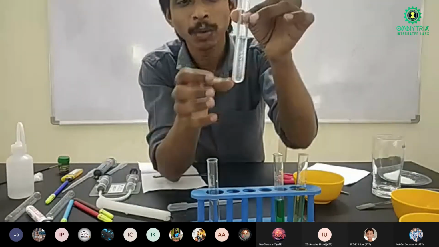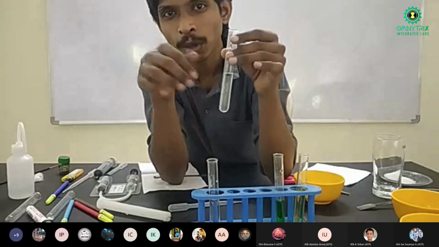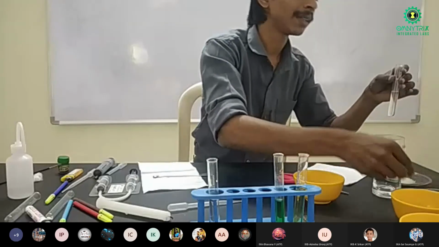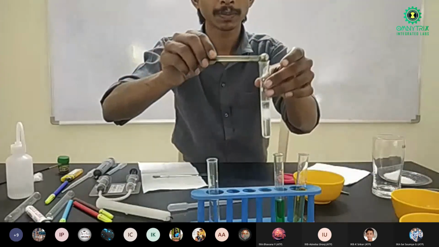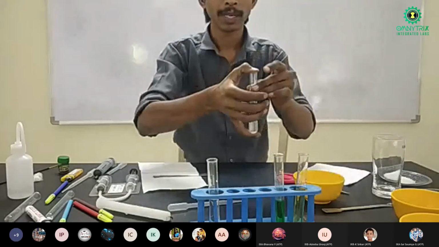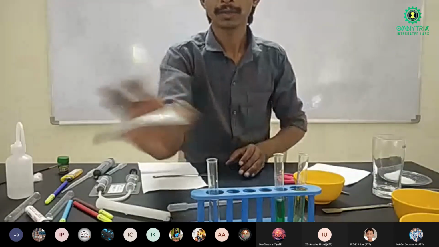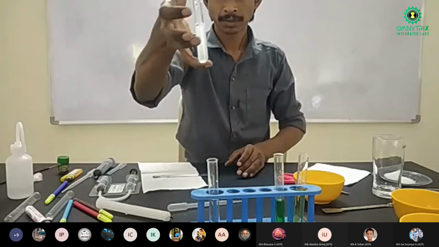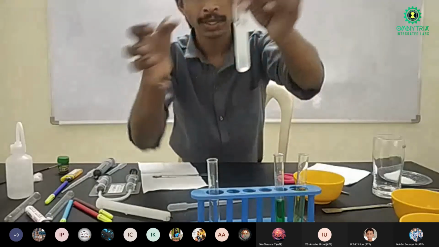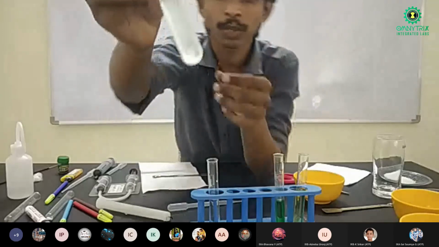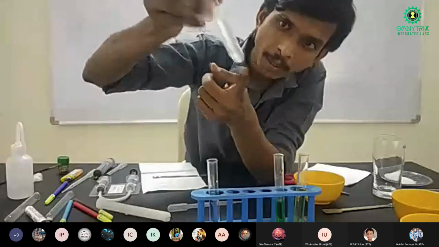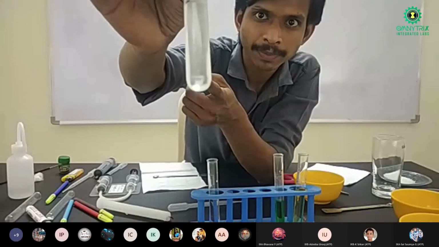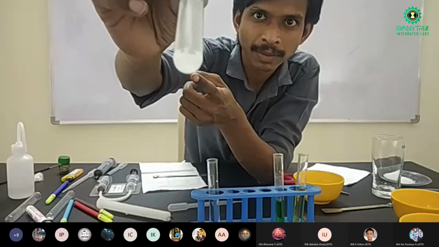In continuation to this, I have added some amount of salt in this. Can I add more salt? Let us check how much salt we can add. I'm adding one more pinch. And I'm trying to mix it. See, can you see that there is still some salt at the bottom? Can you see that salt at the bottom? It is not mixing.